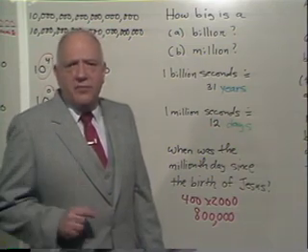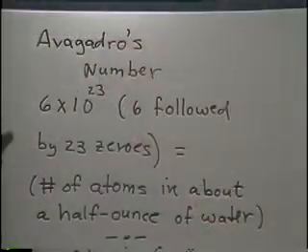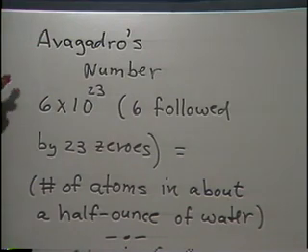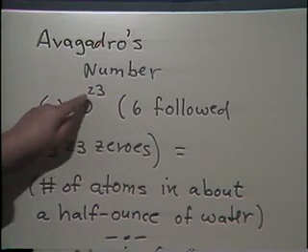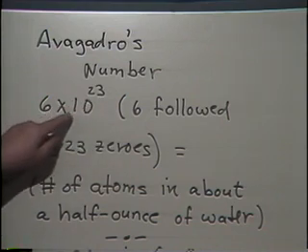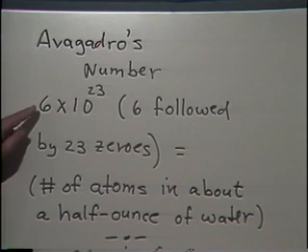But let me show you something from chemistry that's really mind-boggling. And this goes back to the late Middle Ages. This is not modern. There is a number called Avogadro's number in chemistry. It's written in this form, 6 times 10 to the 23rd power, and all this does is it puts a 6 in place of the 1. In other words, if you want to know what this number looks like in terms of place value, this is a 6 followed by 23 zeros.